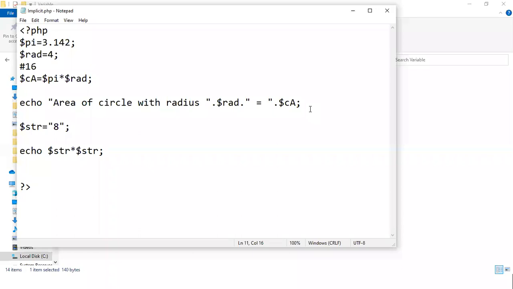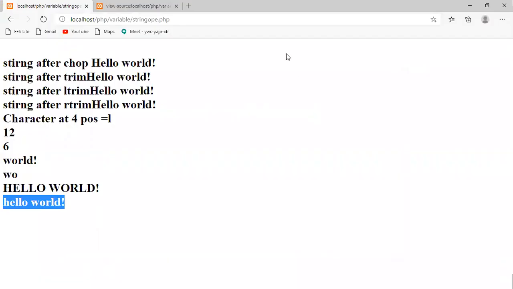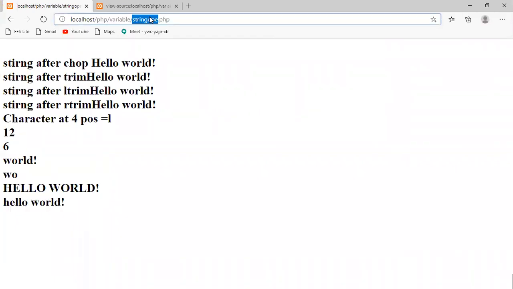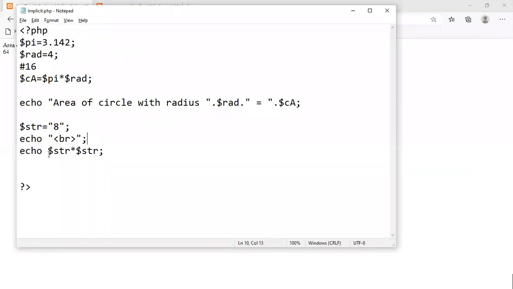Let's check out, we'll see the result, then we can understand better. Here I can call this implicit because I've created it as implicit.